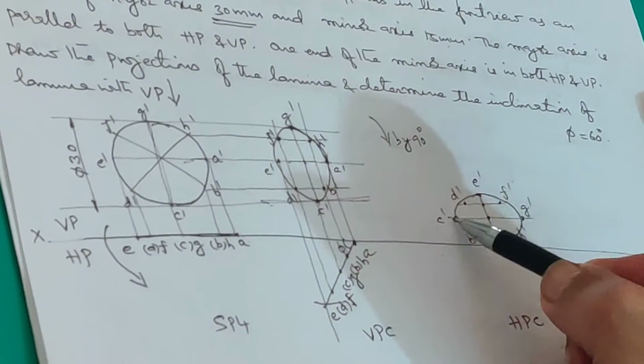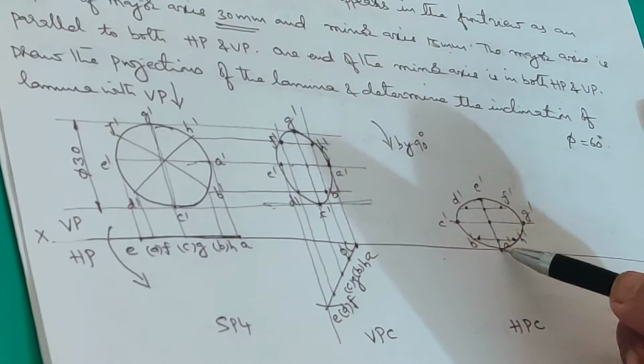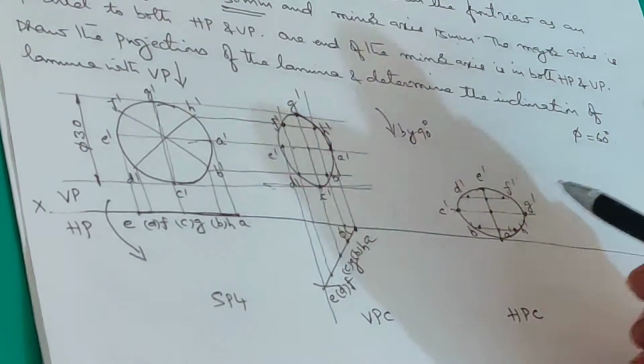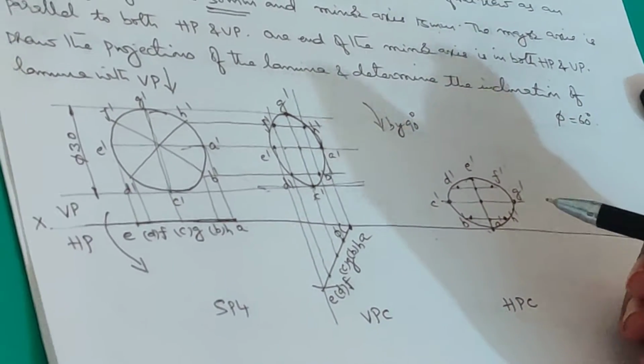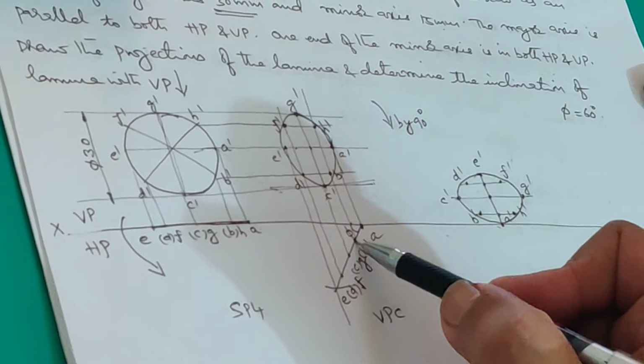So you can see the major axis is now parallel to HP. Not only that, the point A is on HP. A is already there on VP. The condition says A should also be on HP. Once this is done,